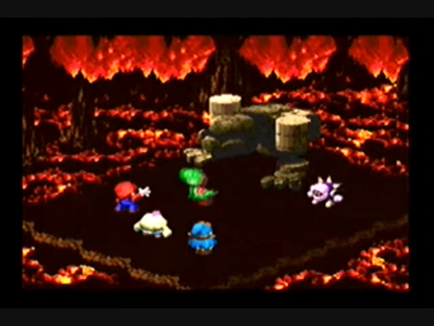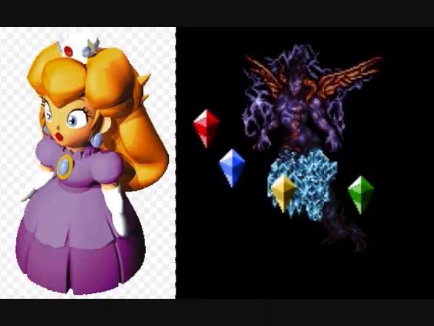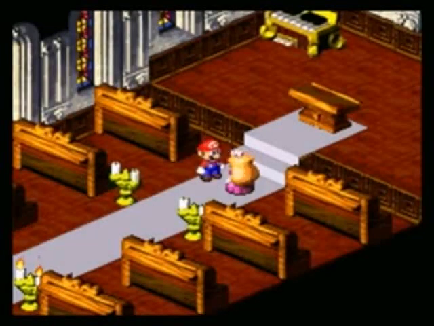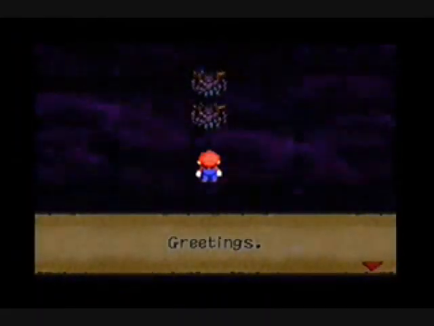And if that fails, he'll give you a Yoshi Candy instead that recovers health. Mario is also referred to as a knight by 2 different characters in the game, Toadstool and Cullix. Toadstool calls Mario her knight in shining armor after being saved from Booster, and Cullix says,